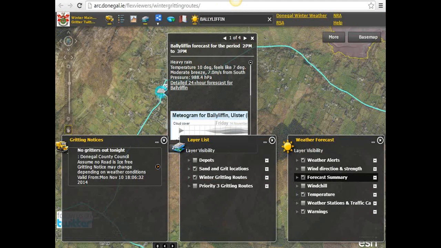A little bit closer to home, this is a map that was created by Dara McDonough from Donegal County Council, his winter gritting map. And this pulls in real-time weather feeds and is another fantastic example of how to capture eyes and get shared. So this provides real value not only to stakeholder companies like gritting suppliers, public safety organisations and local online news publications, but also for the general public and their safety. It's really